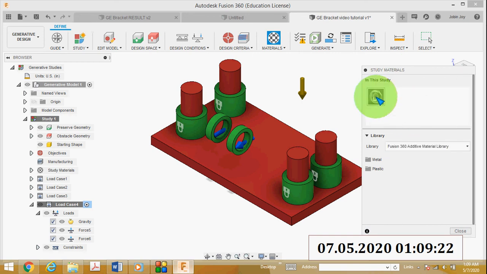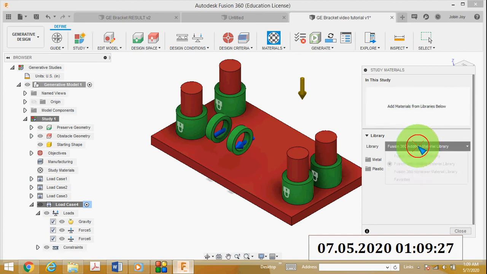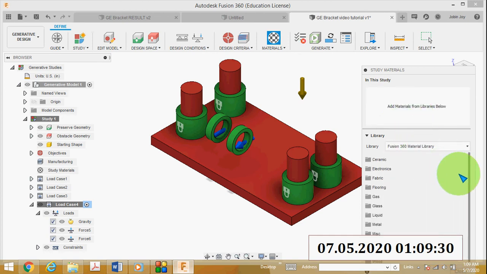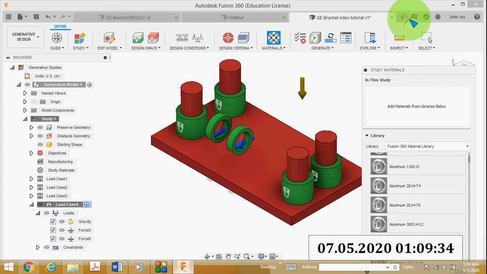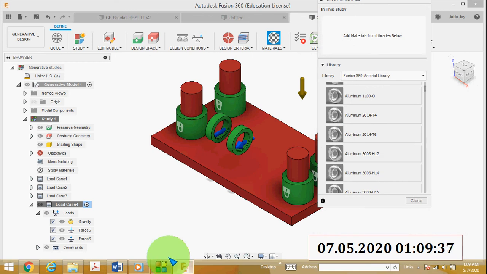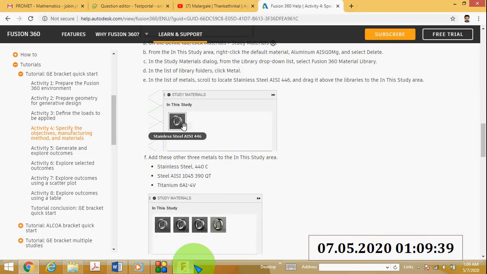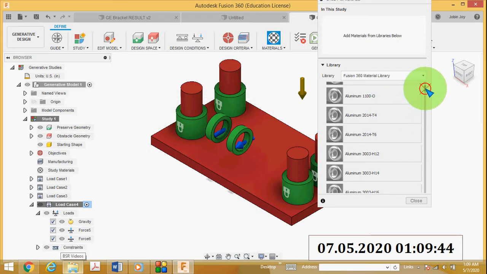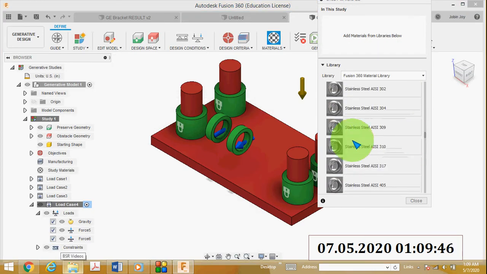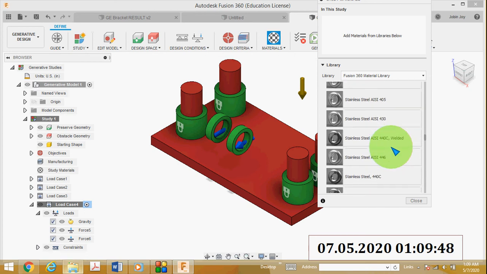First delete this, right click and delete. Then go to the Fusion 360 material library, select metal, and find stainless steel AISI 446. Just click, drag and place here.